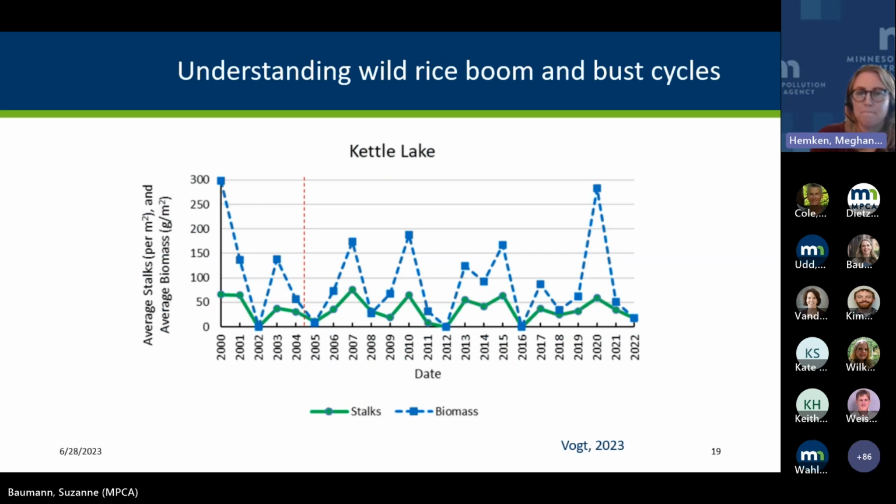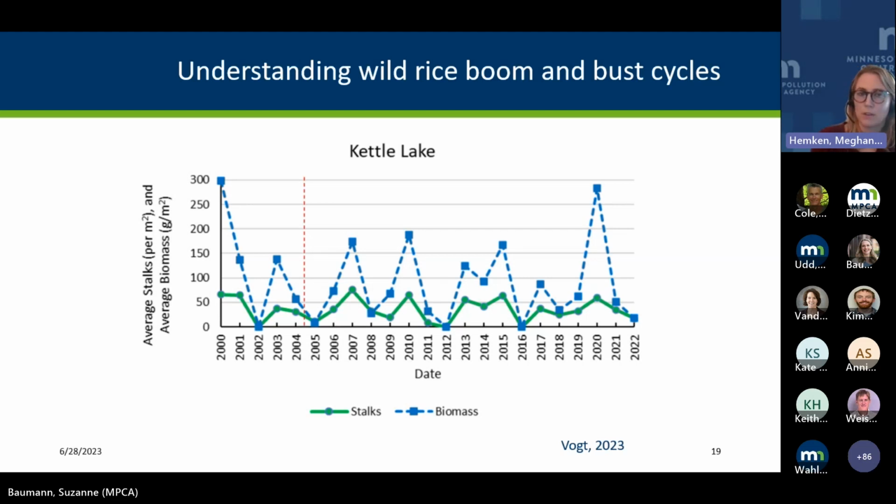Next slide, please. So this graph shows long-term wild rice monitoring data on Kettle Lake collected by the 1854 Treaty Authority. The data here clearly show that wild rice productivity cycles, also known as boom-bust cycles, which are defined as a period of high biomass production, the boom, followed by a population crash, the bust, and then gradual recovery. These cycles often span 3 to 5 years and can occur due to delays in nutrient cycling or other environmental factors. As we said, these cycles can be 3 to 5 years, but they can also be much longer, or